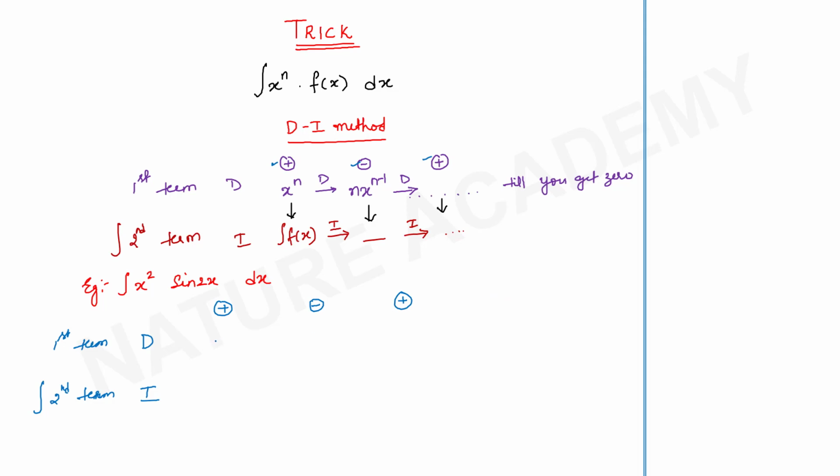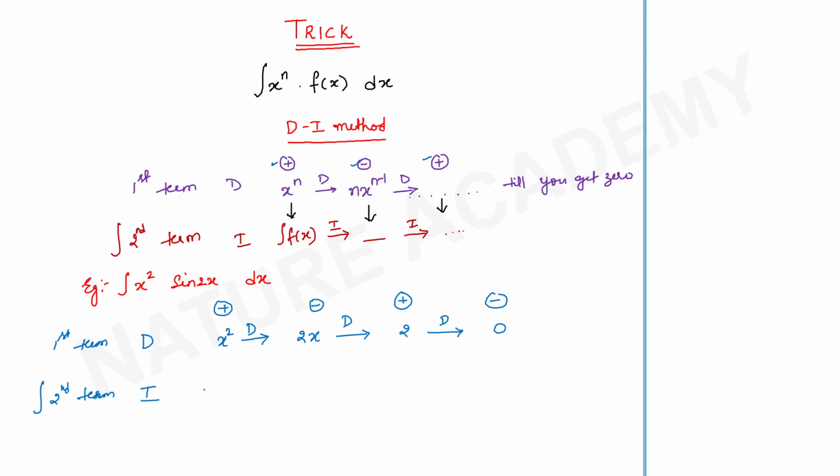See, in the first term I am going to write x square as it is. Now I will do differentiation of x square, which will give me 2x. Now I will do differentiation of 2x, which will give me 2. Now I will do differentiation of 2, which will give me 0. Once I get 0, I am going to stop. And here I will write alternatively plus and minus. I am going to stop integration just before 0, because later on I am going to multiply and 0 with any term is going to be 0. So I will not waste my time.